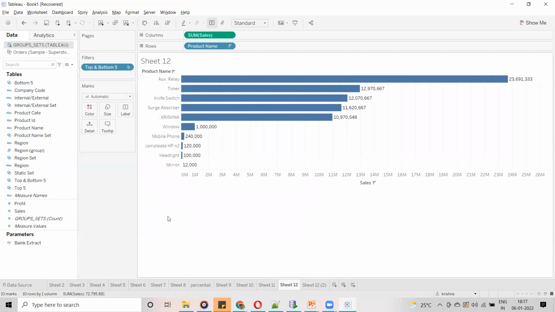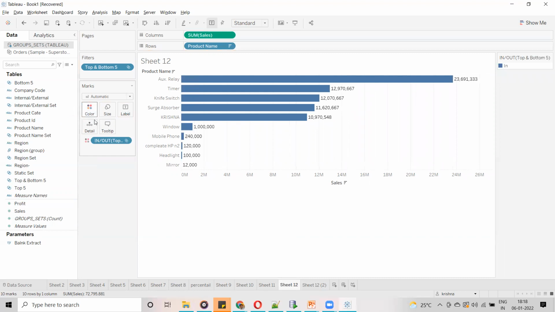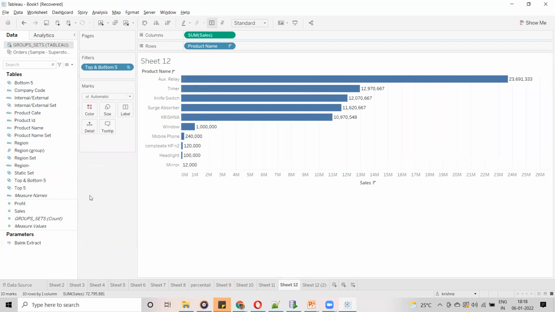Now I want to display top 5 and bottom 5 in different colors, so how can we do it? I want to show some differentiation between top 5 and bottom 5. So what is the calculation we can write?